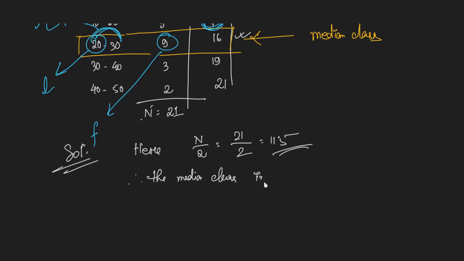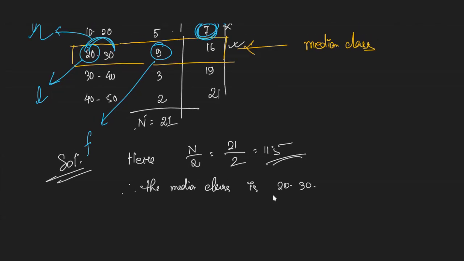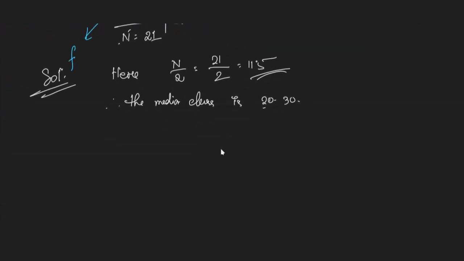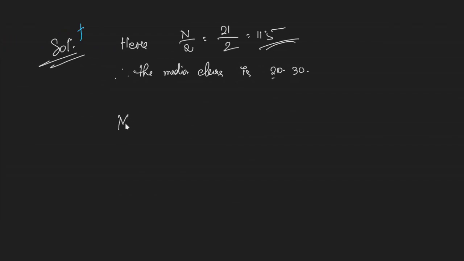Class 20 to 30 is the median class. That is our first initial assumption, that the median will be within 20 to 30. Now we need the exact figure, right? So how is the median calculated? So median is